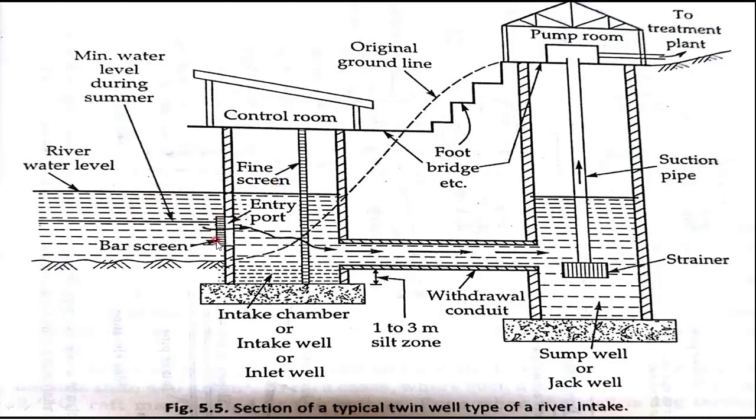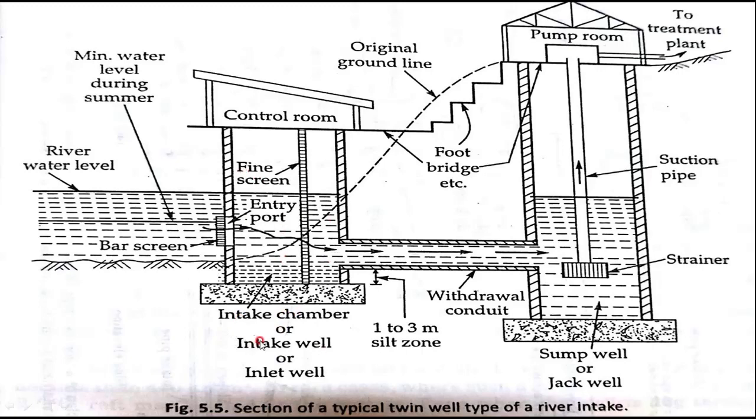Then after that you can see the bar screen is there. Very big matter like trees, bushes, plastic and sticks will be removed here, and small screens also remove small material. This is a large diameter pipe, therefore it is called a conduit. And here you can see 1, 2, 3 silt zones. Silt zones means if any silt is there, it can be collected here. If you provide this conduit here only, then all the silt will come and settle here, therefore a small margin is given, and this is concrete, everything is given.